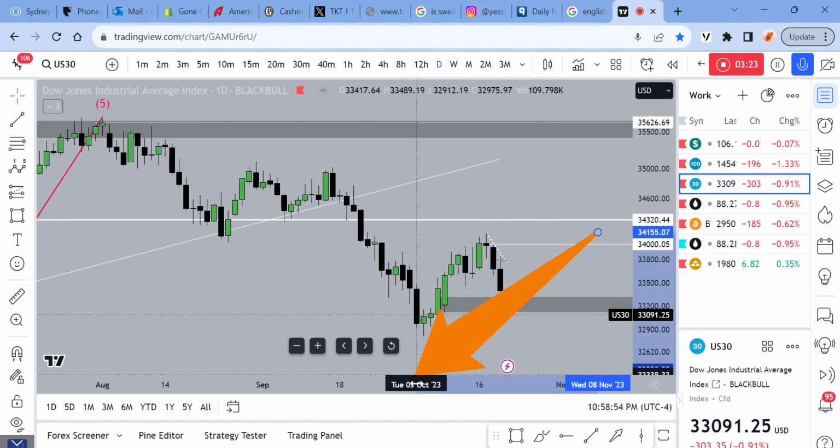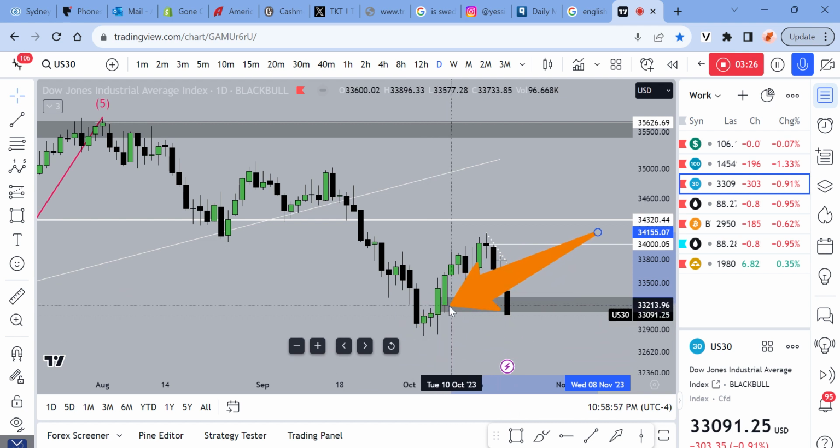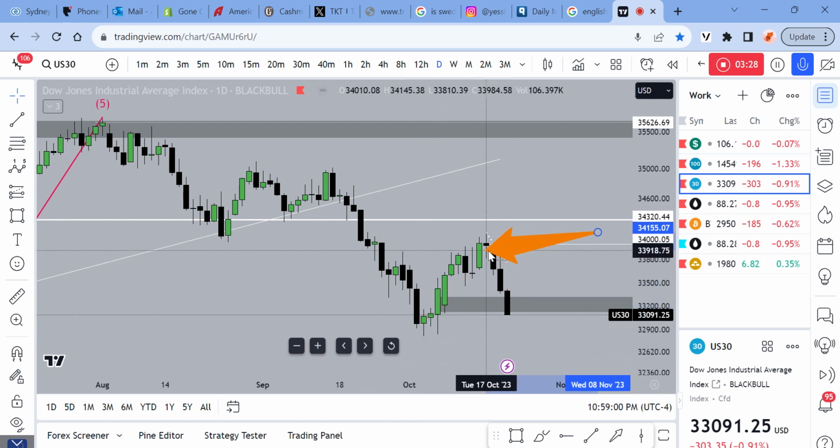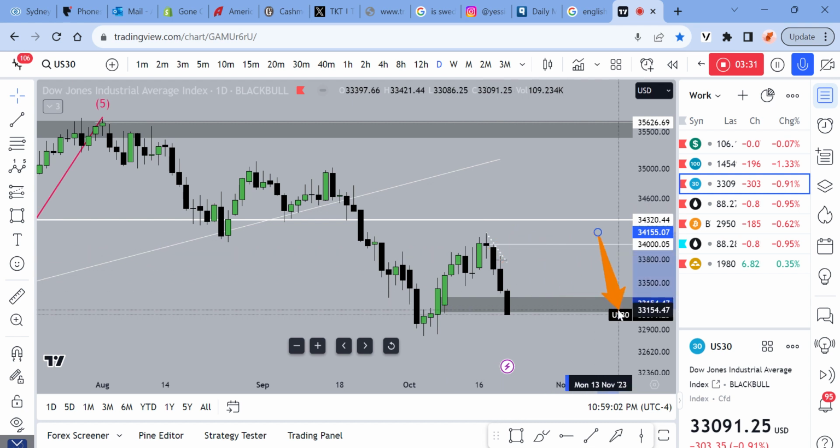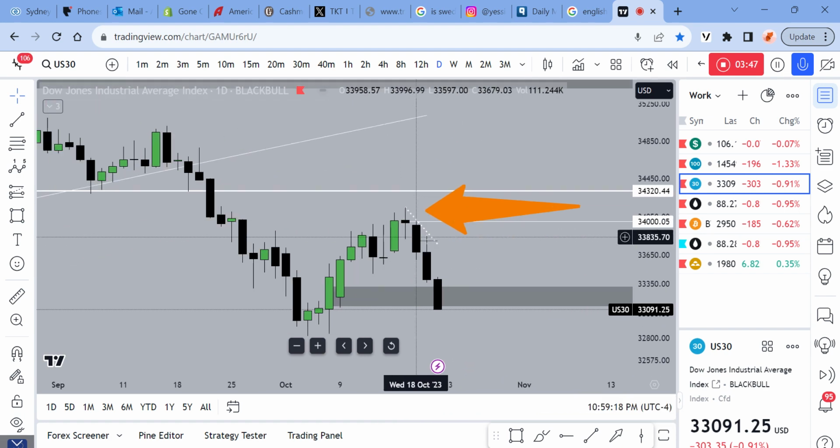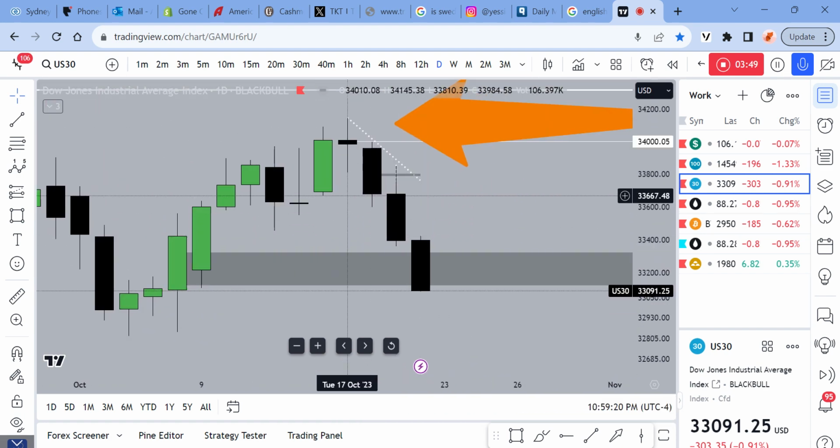So on a lower time frame, there is plenty of setups that would allow you to identify buys here. But the key reason for the buys is the rejection of the price, 33,000, right? So from 33,000, we trade all the way back up to where? Well, this high was 34,110 bucks, where we then had a hanging man, and I was bearish since Tuesday's closure. Just off of that candle alone, I anticipated this entire move down and was able to capitalize. And I want you guys to be able to do the same exact thing, right?